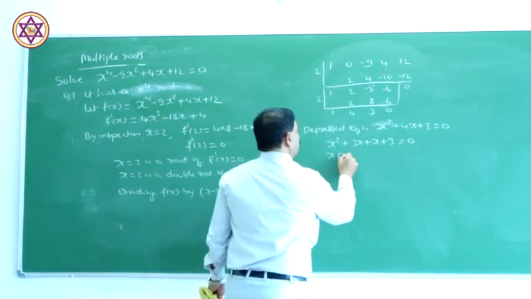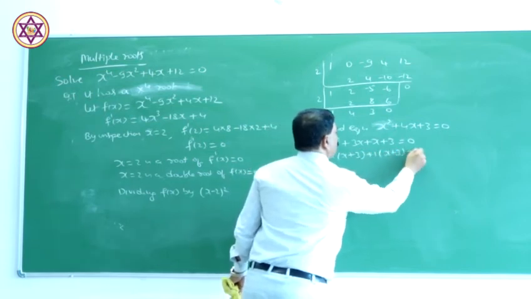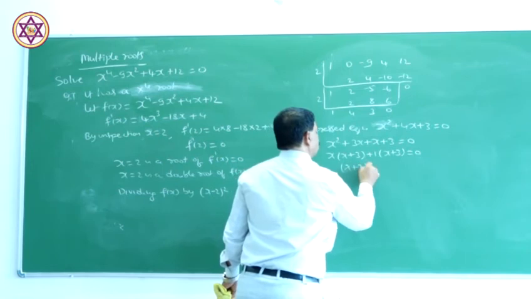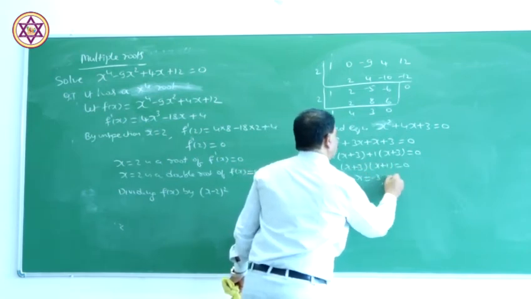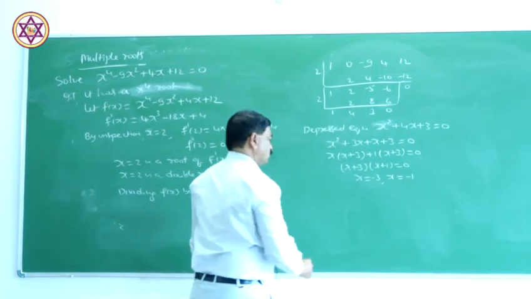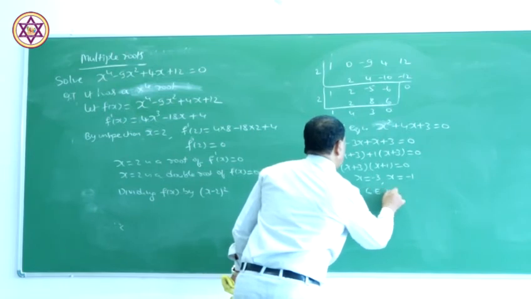Again, from these two terms, if you take common x, and here I am taking 1 as common, so from these two terms, (x - 3)(x - 1) = 0. So x = 3, x = 1. Therefore, the roots of the given equation are